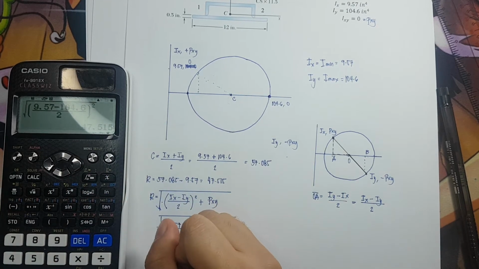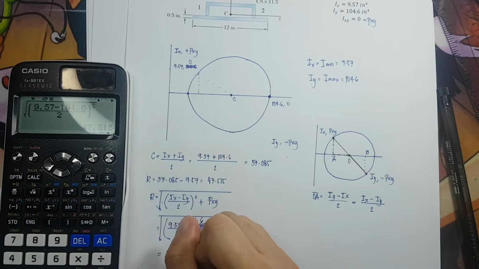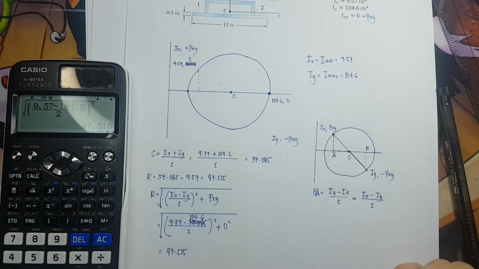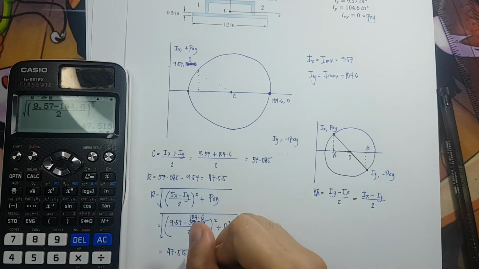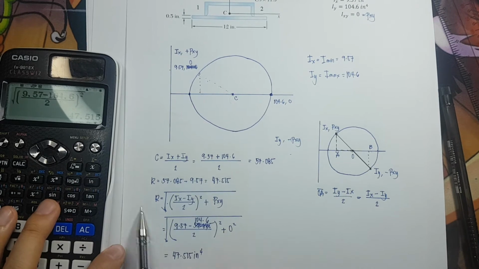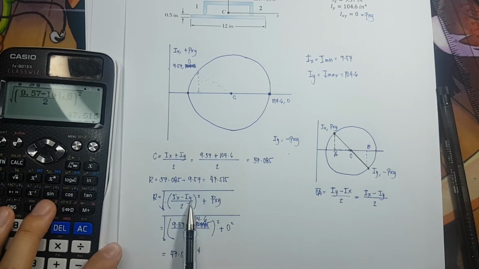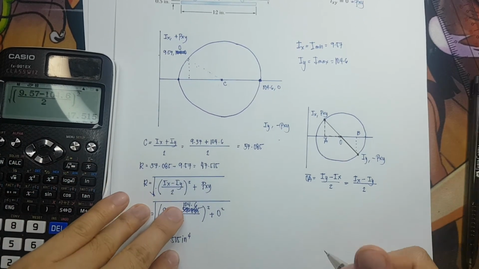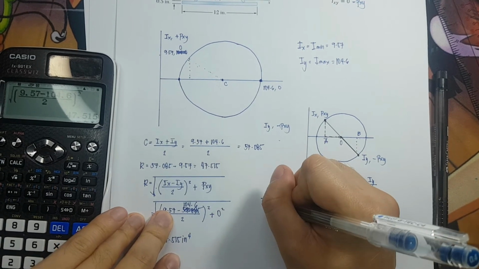So that is the same, 47.515, and that is in inch raised to the 4th power. So we can have this formula to determine our radius. Then from there we can say that Ix is